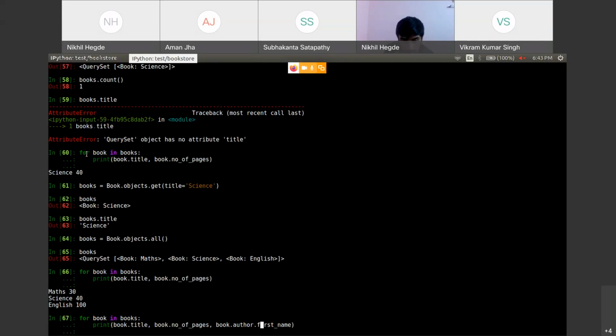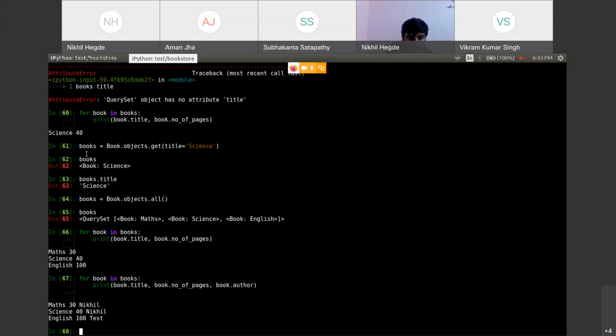If author returns something like a dictionary, we may index. So depending on what book dot author returns, we can use first name according to that. First, I will show you the output of book.author. Then you can tell me how to write.